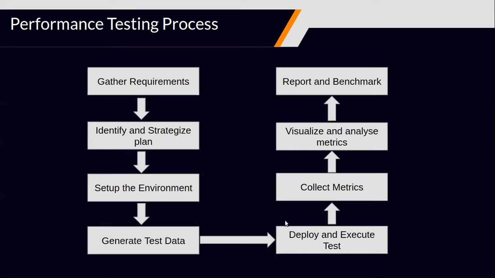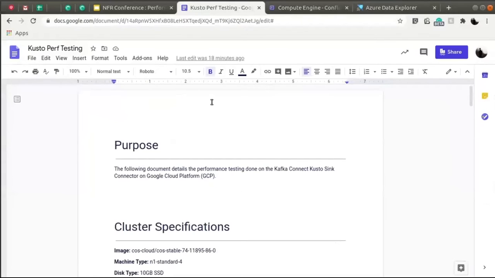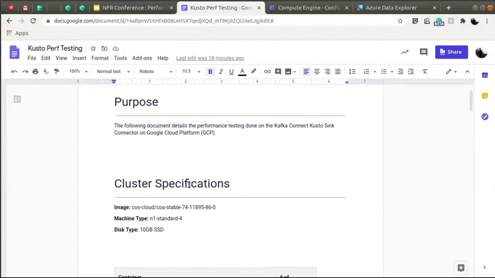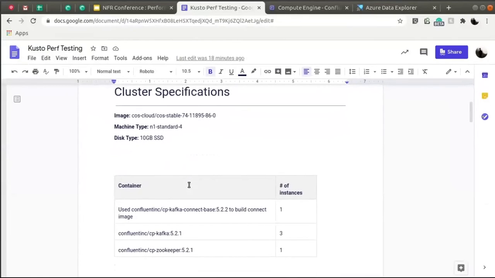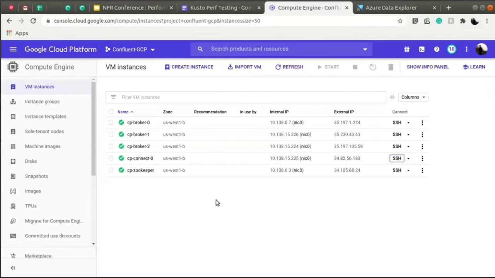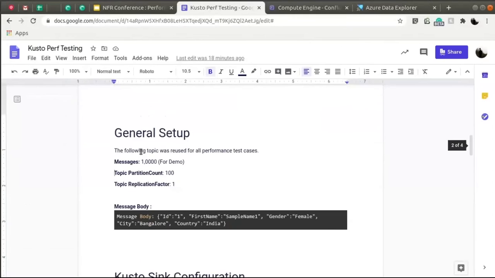So over to that. First, we start a documentation, and we have our cluster setup ready. This is very application specific, where according to our application we'll have our instances ready. And here we can use any technology like Terraform to spin up the instances, so that it can be reused in every iteration of our performance tests. Once that is ready, we'll have to come up with the number of records that we are running the test for, and the size of each record, and the data.